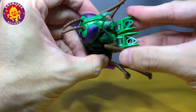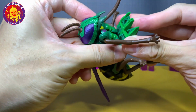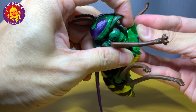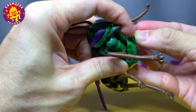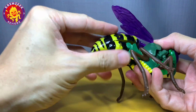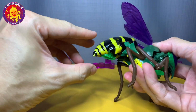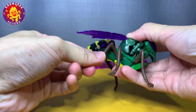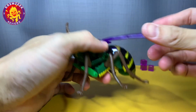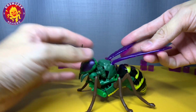There you go. And then you can tab the legs together or the feet together and have him facing forward in front of the insect or of the wasp. And there you have your wasp insect, Predacon Waspinator. And we just have to fix the angles, make sure there are no gaps. And there you have it,